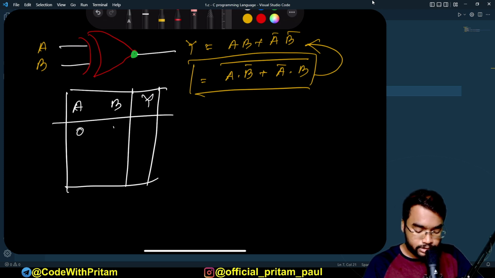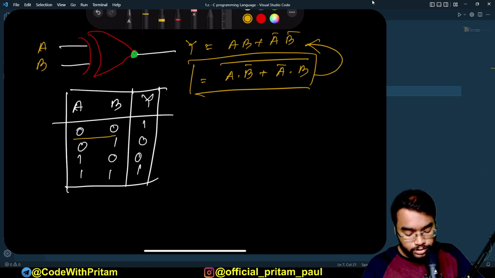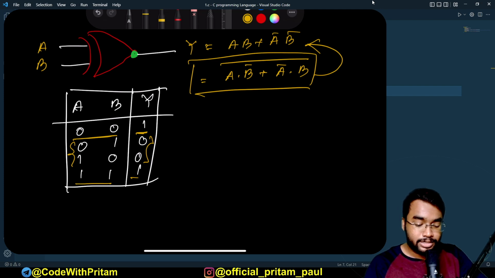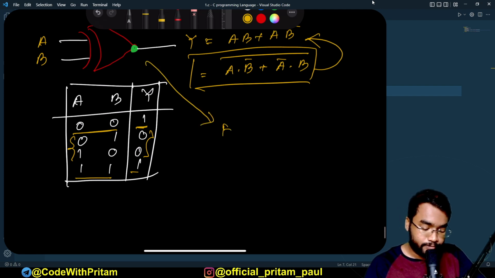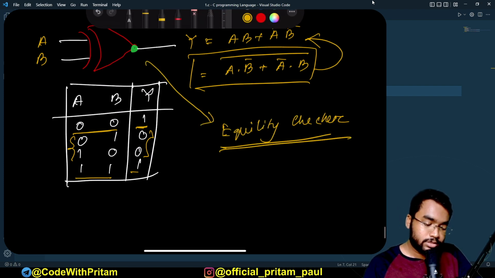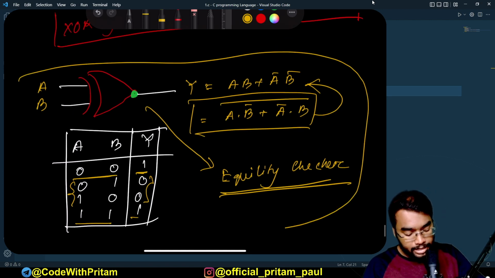इसका आएगा कुछ इस तरह से 0 0 0 1 1 0 1 1, यहाँ पे आएगा 1 0 0 1। यहाँ पे क्या होता है कि अगर इनपुट सेम हो तो आउटपुट आता है 1, देखो, और इनपुट्स अगर अलग हो तो आउटपुट्स आते हैं 0, दैट मीन्स इट इज द इक्विलिटी चेकर, दिस इज द इक्विलिटी चेकर, दैट्स इट। तो ये वाला सी में उतना है नहीं, लेकिन हम लोग फिर भी